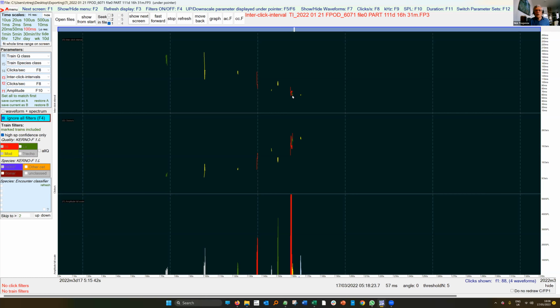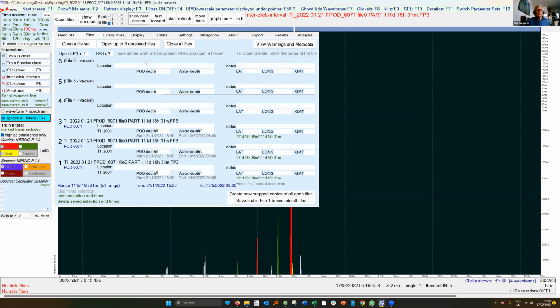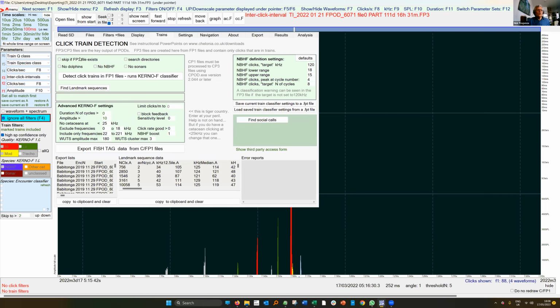So the SAMBA project had more than 1,000 of these landmark sequences, and in terms of exporting, what you do is you go to the trains page, you do find landmark sequences, and that runs through, and it finds them and exports a whole lot of information about them, does the calculations on swimming speeds and